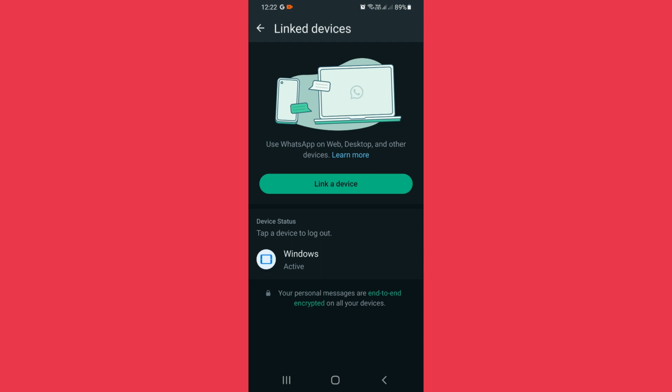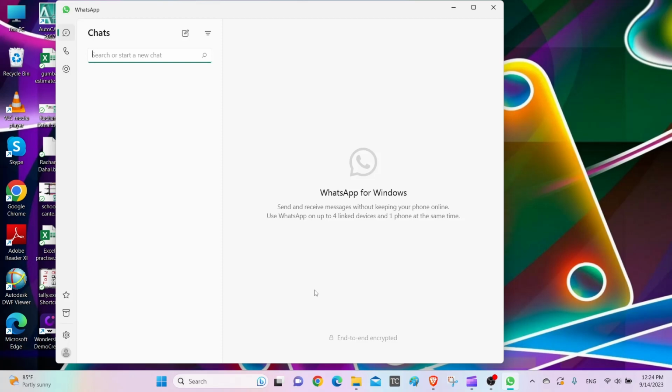Now we will be switching back to the computer screen. As you can see, WhatsApp has opened in our computer following the steps that we did on our mobile. Now you can use WhatsApp on your computer as you like. That completes our video for how to sign up your